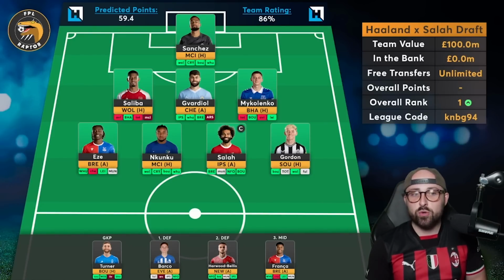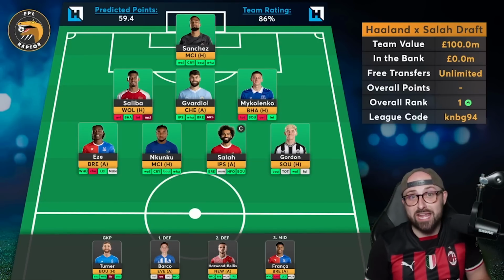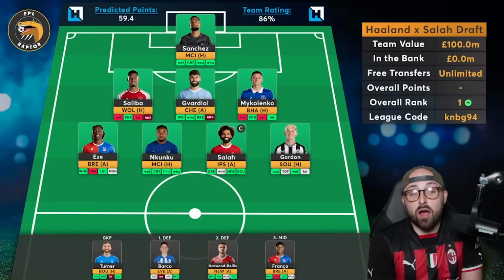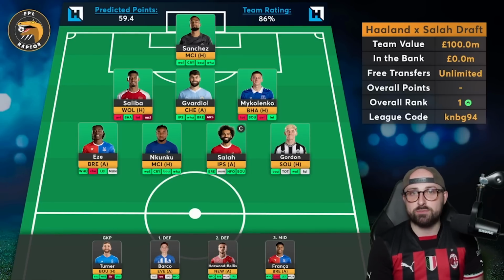But Nkunku doesn't have to be a better asset than Palmer. Nkunku doesn't even have to be an equal asset. He just needs to get close-ish, and it probably justifies saving 4 million because you've got other captaincy options in your team. So, I mean, I look at that midfield, if I ignored the whole price point issue that I